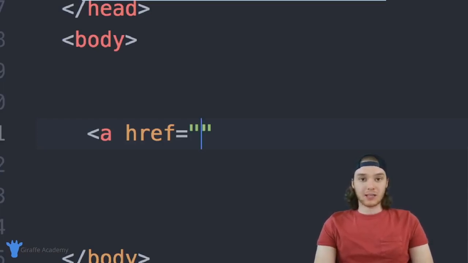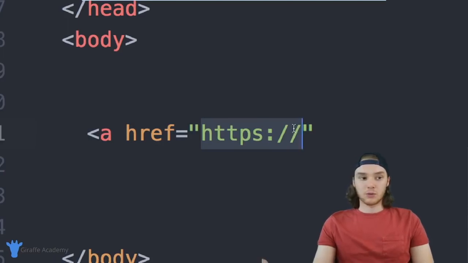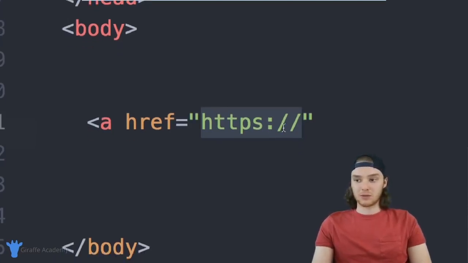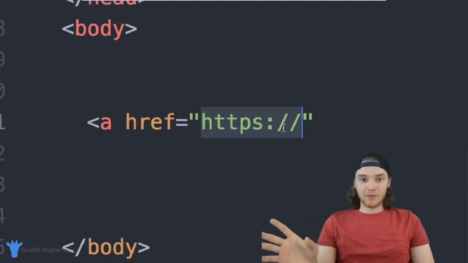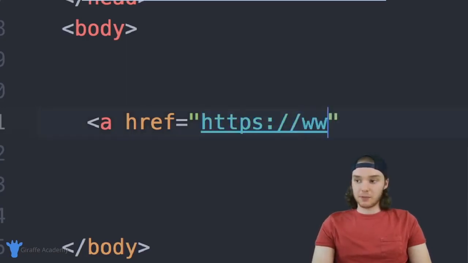Imagine we wanted to create a link that would go to google.com. Inside of this href, I can just type the address to google.com. So I can say https://. And you need to make sure that you include this HTTP or HTTPS part. A lot of times when you give someone a link, you won't include this, you'll just say www.whatever. But when you're creating an href and you're creating a link, you need to be very specific about where you want to go. So you're going to need to include this part, and then I can just type